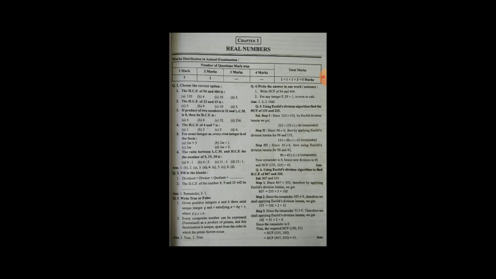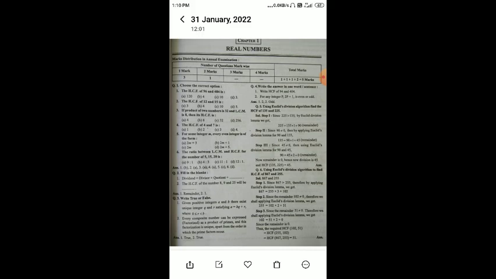Another method for this question is simply to divide 404 by 96. Whatever your quotient is, when the remainder is 0, that divisor is your HCF. Now we will move to question number 2. The method which we have to follow is the normal method.